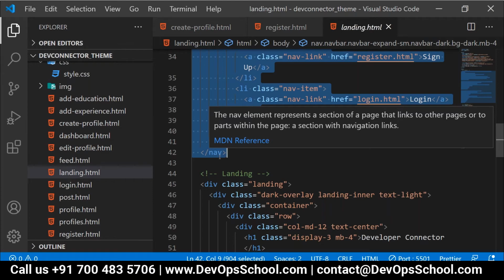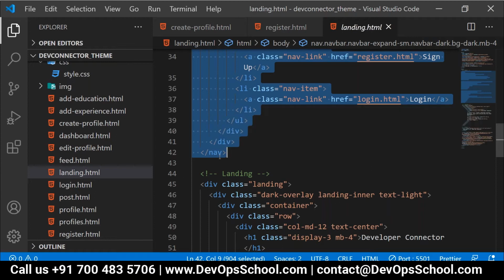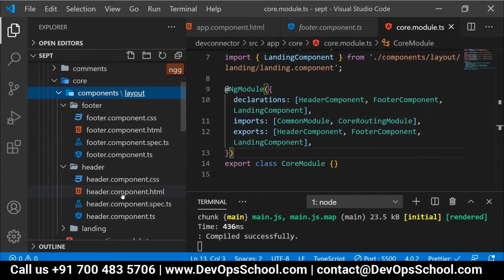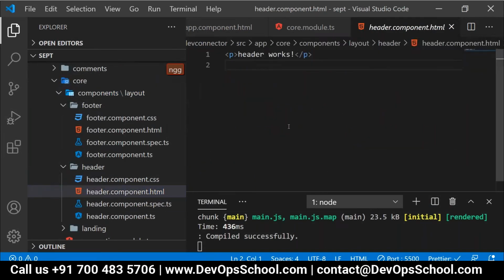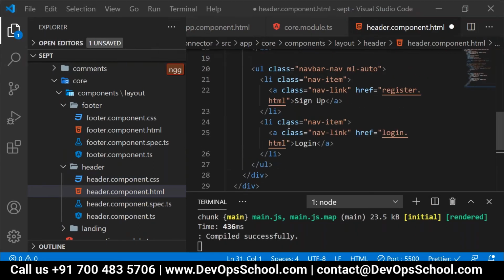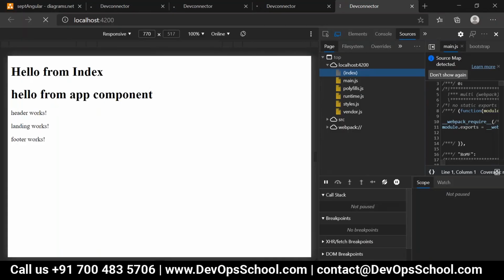The navbar, correct. Now, can I copy this content and go to layout header.component.html instead of this message? Can I provide that stuff? And let's have a look over the UI. People, it's showing all the links, correct?